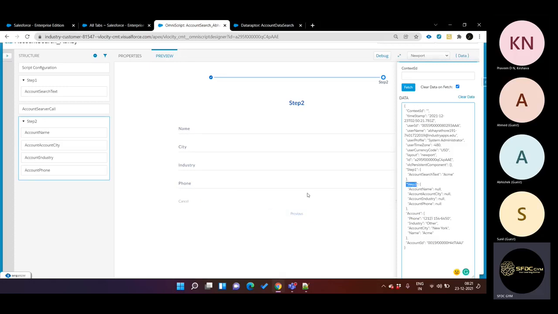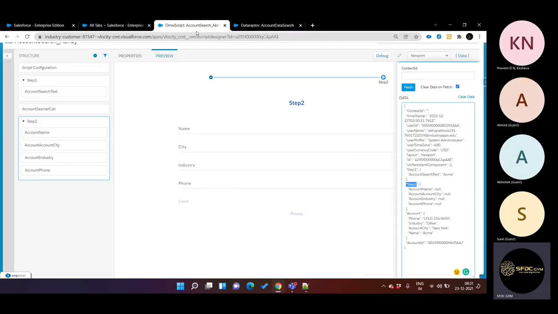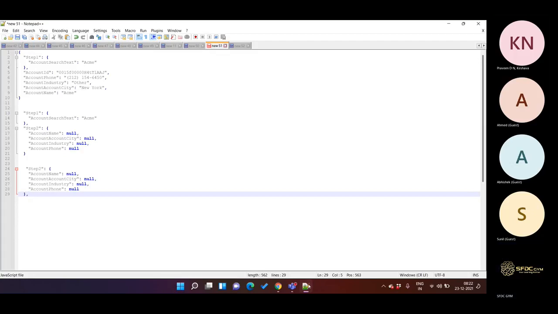Because ideally, this is how the view page is working: it is copying this JSON and verifying what JSON structure you have configured in your OmniScript. So let me copy that